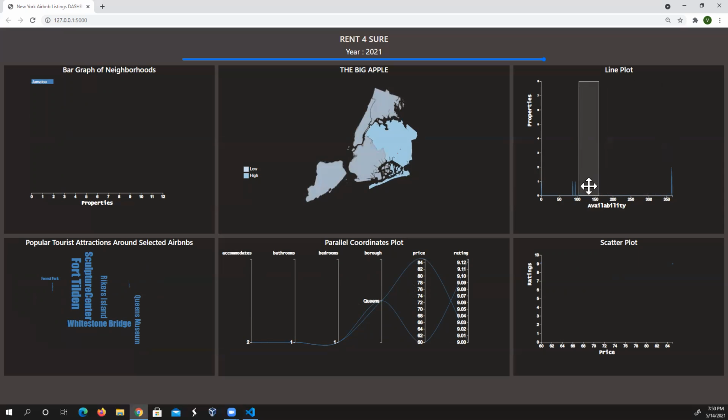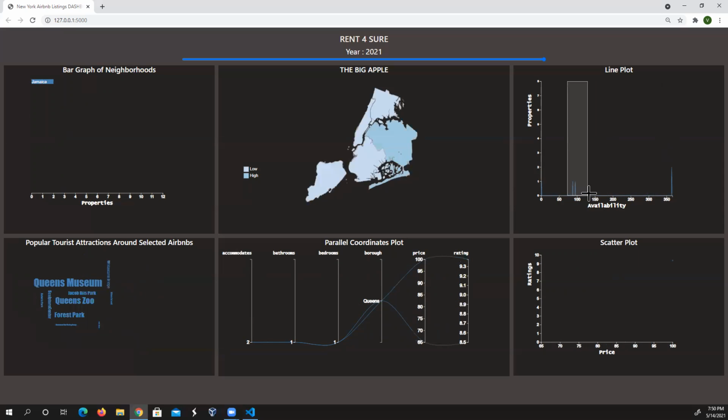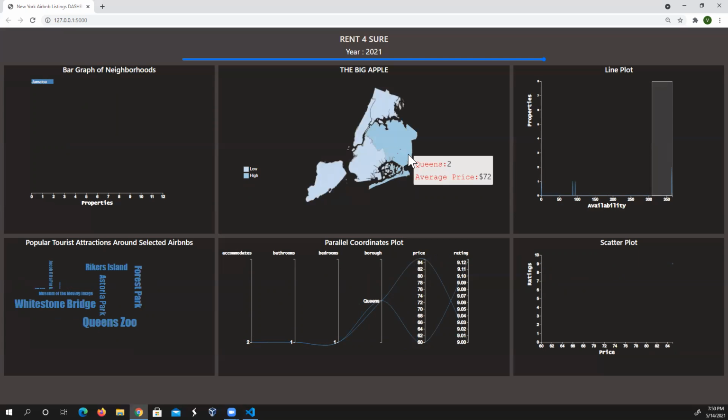Whereas if they move to this particular property, they may not get it because it is less available. Let's check the average price. It is 82. And for this, it is 72. So it says that with higher demand, even the price of the property increases.